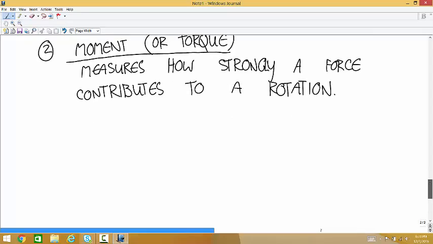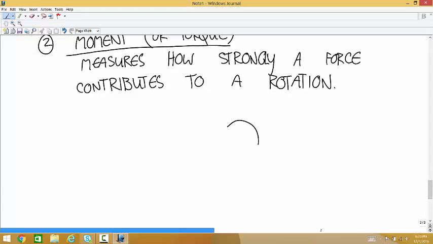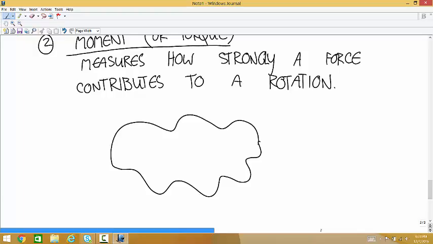And so if you have an object that is the candidate for being rotated, and this is the axis of rotation,